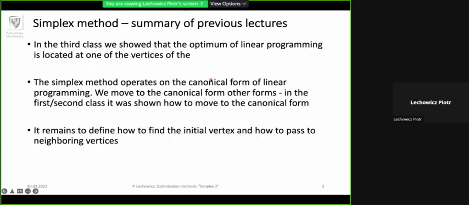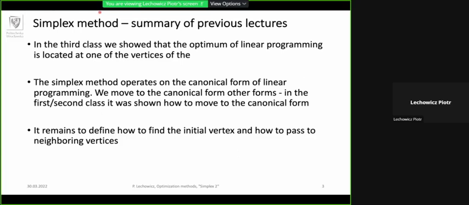So this is what I mentioned. We showed that the optimum is located in one of the vertices. It is possible that it is located in 2 vertices. It means that it's located on the line connecting those 2 vertices. So it's located on the edge of the polytope,